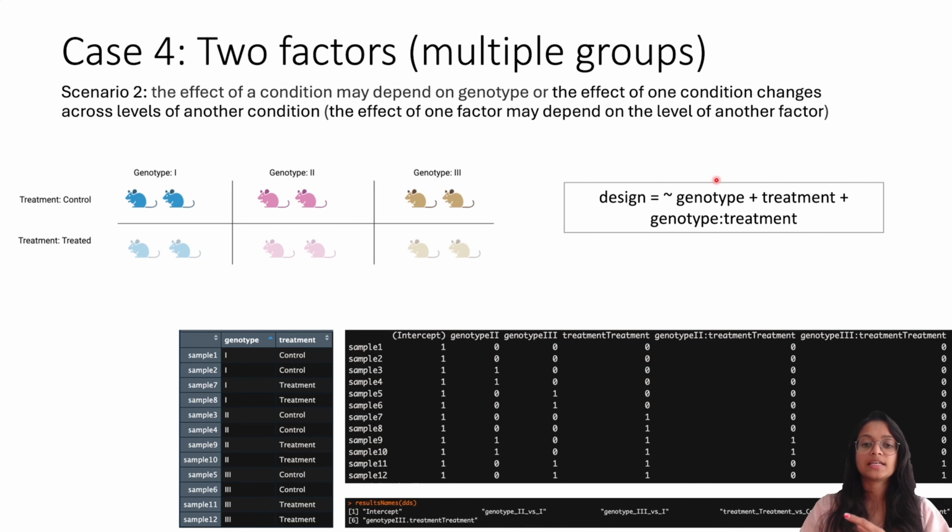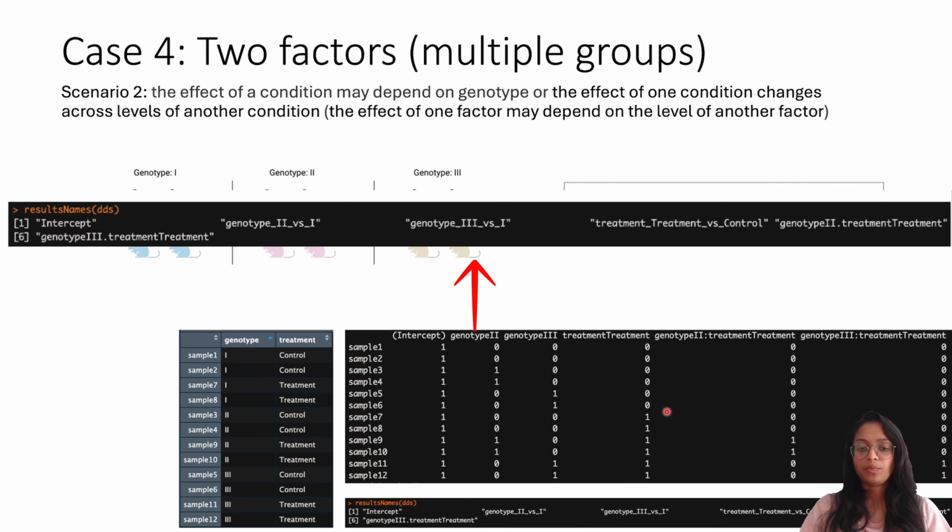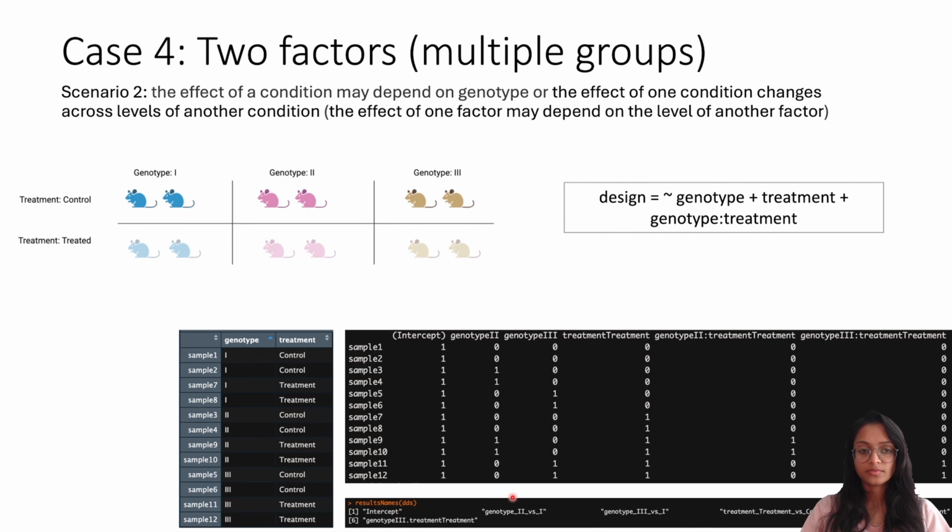So in this case, let's say we set up the design as genotype plus treatment and the interaction term, we will essentially be using both the factors, and this is the design matrix. And once we run DESeq, what we get is the overall effect of genotype, treatment, and the interaction terms. Again, the interaction terms would be the condition effect or the treatment effect for that particular genotype plus the overall